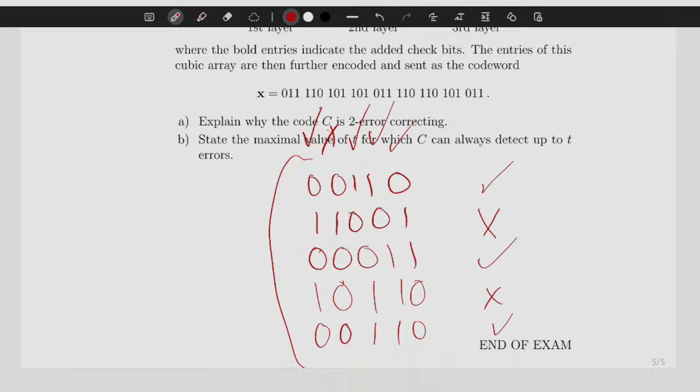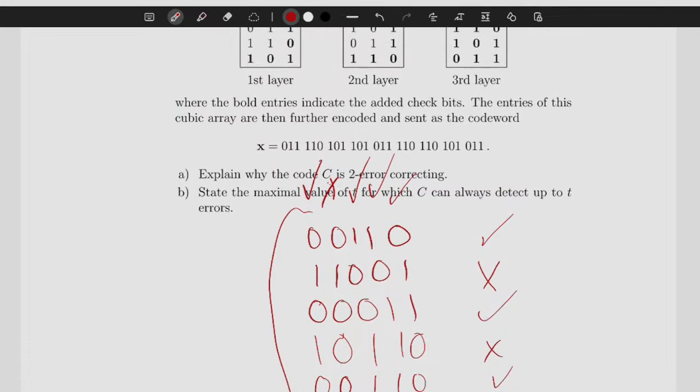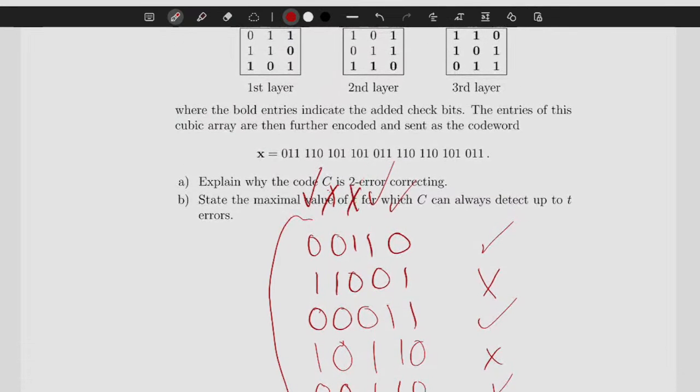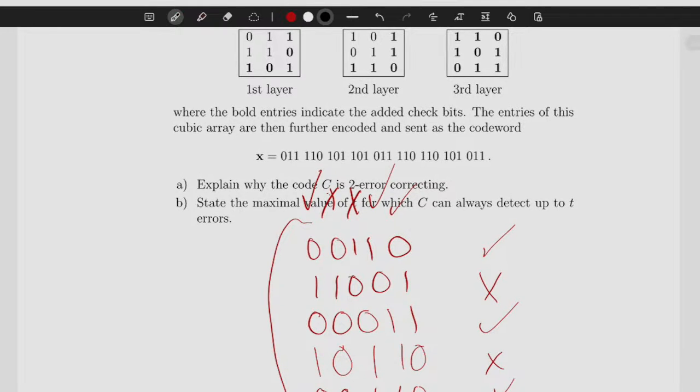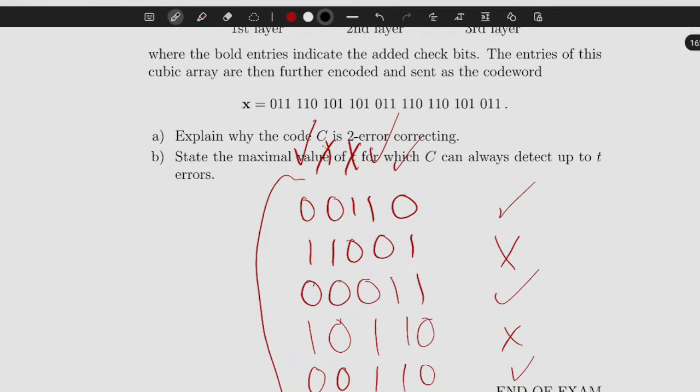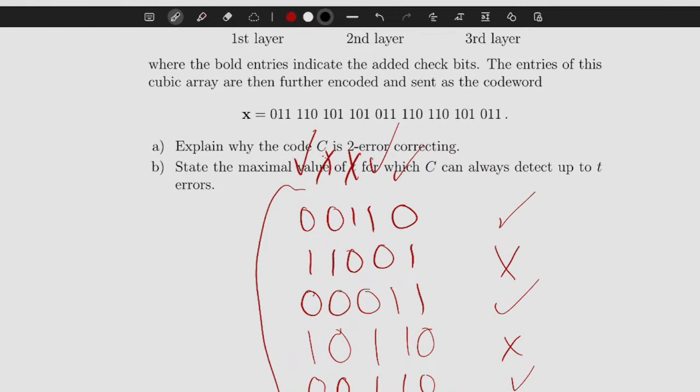So, okay, I have 2 rows and 2 columns where there is a problem here. The reason why I cannot correct 2 errors when there are naturally probably 2 errors here is, which 2 places is that error occurring, right? Sorry if this is super confusing. If it is, please let me know. But, for example, what if the error was here and here, right? Or alternatively, it could be here and here, right? Or who knows, it could be somewhere completely different and it just messes everything up.